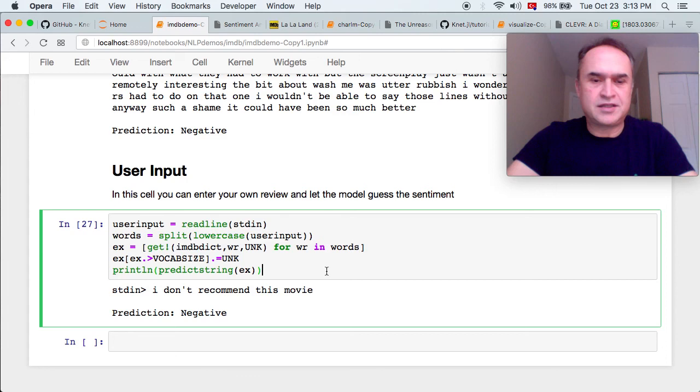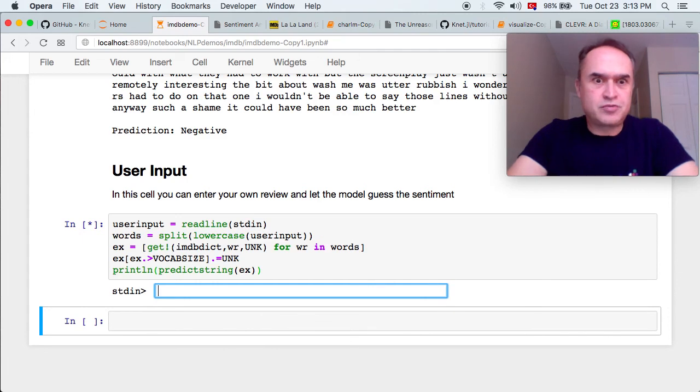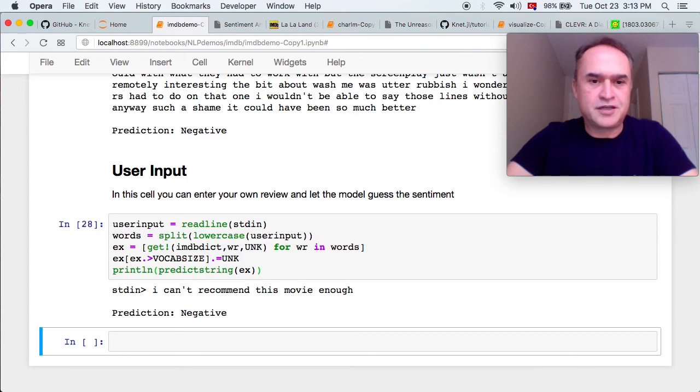But to see that the model can't handle all the intricacies of language, let's type a tricky review like, I can't recommend this movie enough, which is positive, as we understand, but the model can't handle the subtlety and gives a prediction